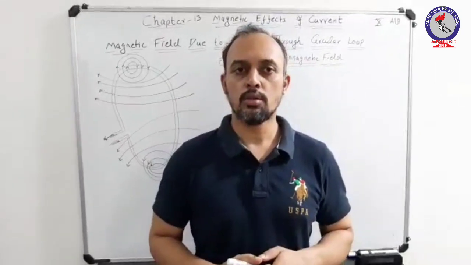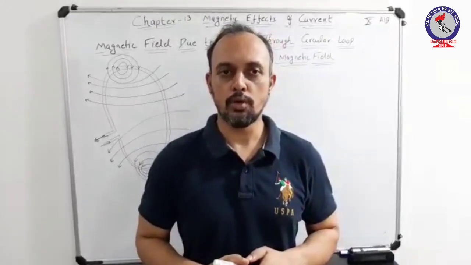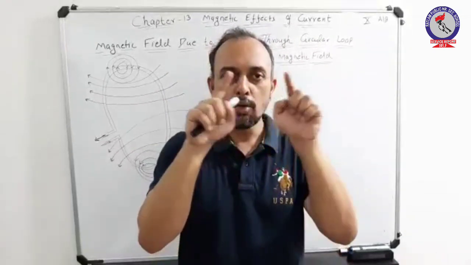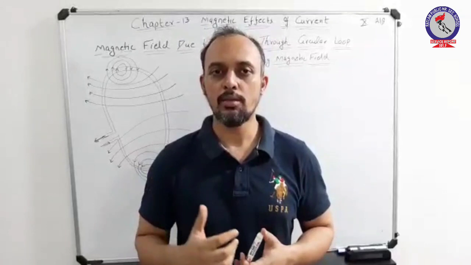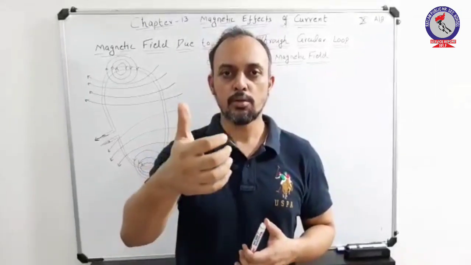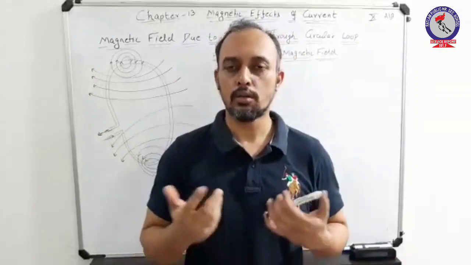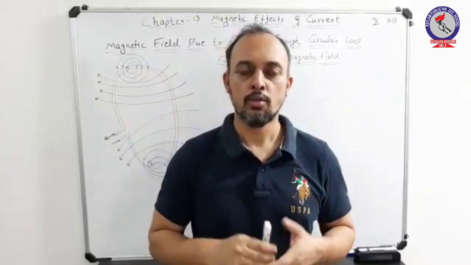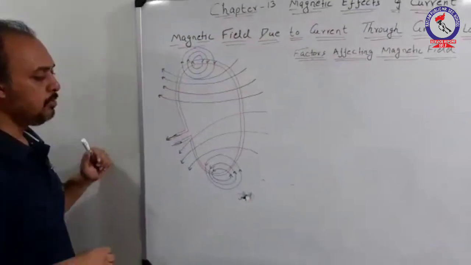Before going through this, let us imagine a circular coil and current is flowing through it. As you all know, current will be flowing into the circular coil, the direction of lines of forces can be easily calculated by Fleming's right hand thumb rule, with the help of which you can calculate the direction of lines of forces at two different ends. So let us examine this with the help of a given figure.